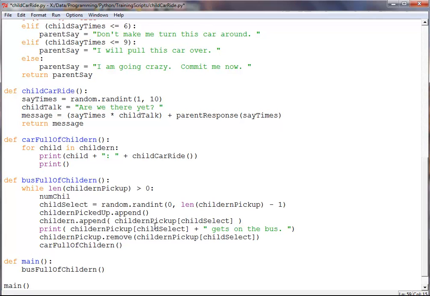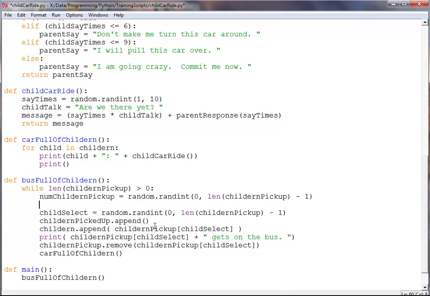Num children pick up. So this is the number of children we need to pick up. And it's going to equal to random int range. So it could potentially pick up all the children on a single bus trip. It's a possibility. All right, and then we're going to say while